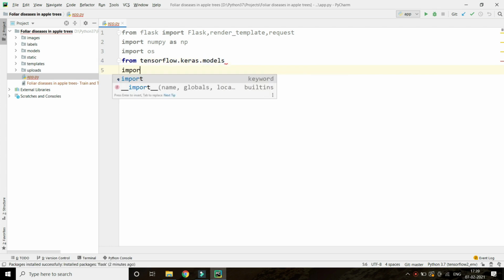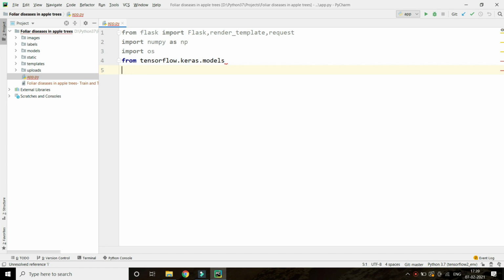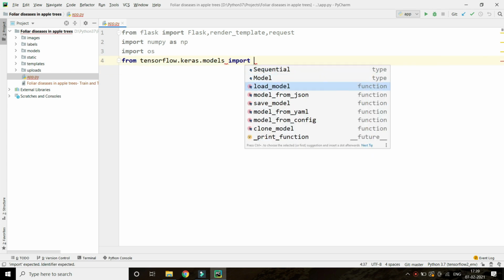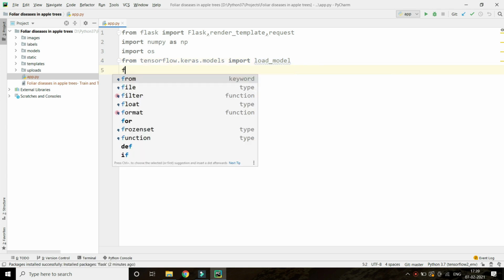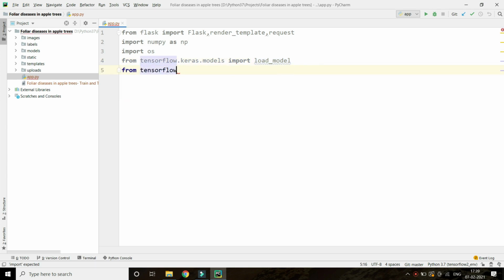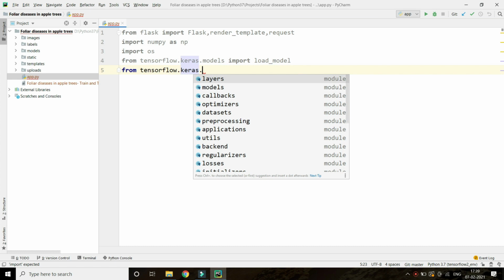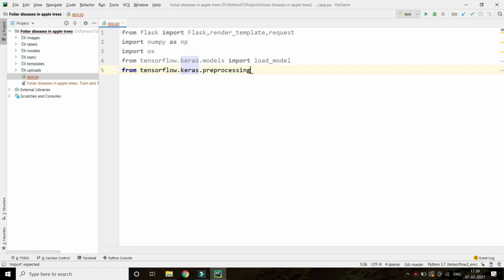We import models, and under models we need to import load_model. Then from tensorflow.keras.preprocessing, we import image.